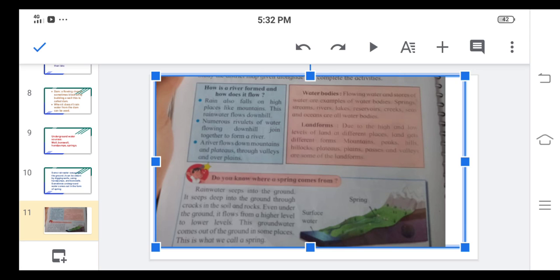For example, mountains, peaks, hills, plateaus, plains. Plains means flat surface, and valley means the place between two mountains. So in this way water bodies and landforms have formed. So this is the information about the sources of water and